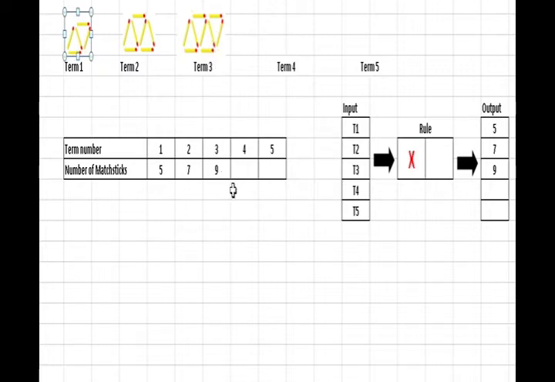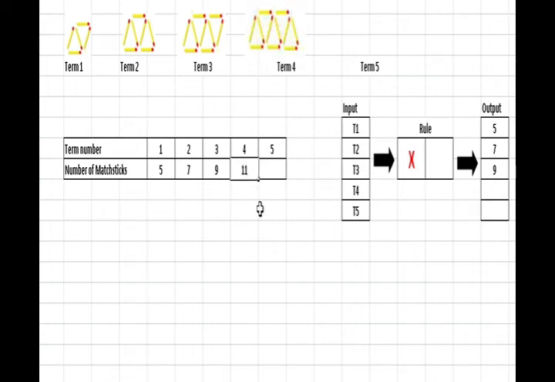So what do you think I should add? How many matchsticks should I add to term 3 in order to make up term 4? That's correct. I should add 2 more matchsticks to 9. So if I take term 3 and I place it in term 4 and add 2 more matchsticks to it, this is how it's going to look. There's term 3 there with 2 more matchsticks on the side,